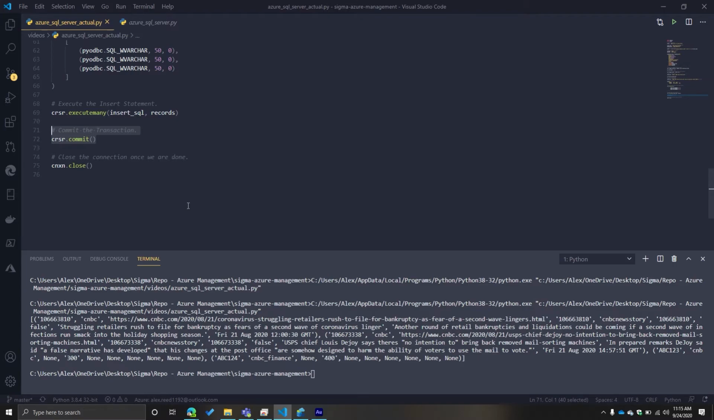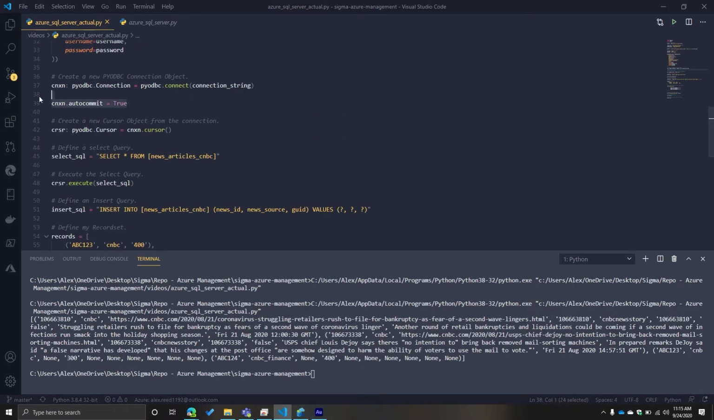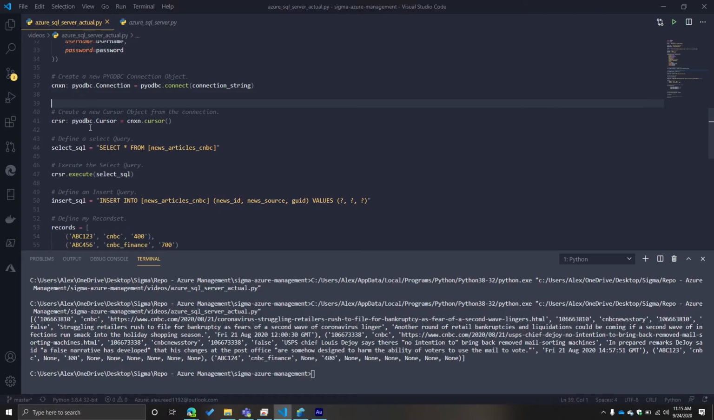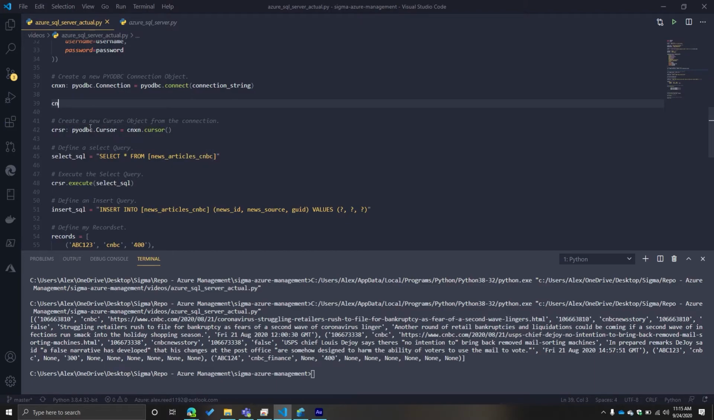You don't necessarily want to commit those unless you know that they're happening. So this is a double-edged sword. It will auto commit for you, but that means things could happen that you necessarily don't want to have happen. Additionally, something with the connection is because we're using the